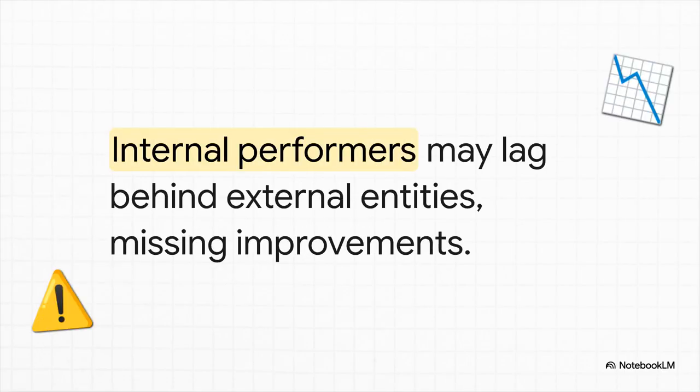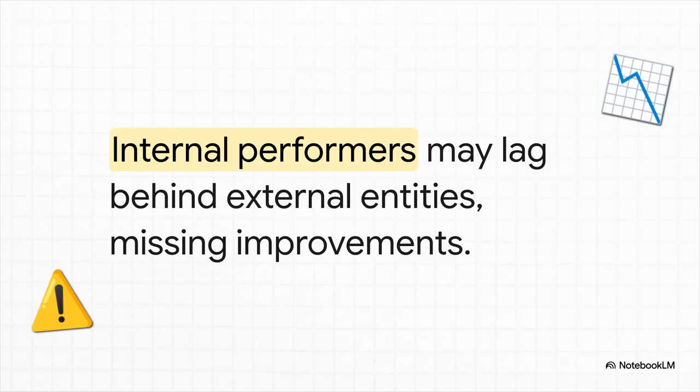But here is the crucial limitation you've got to remember for the exam: the internal weakness. Look, being the absolute best store in your own chain doesn't really mean much if your entire chain is falling way behind the external market. Strong internal performers might actually look terrible when compared to entities outside the organization. By only looking inward, organizations develop this massive blind spot, and they frequently miss out on identifying opportunities for huge